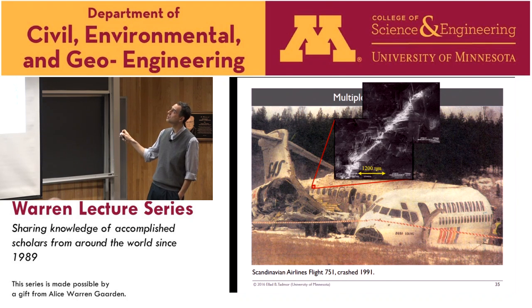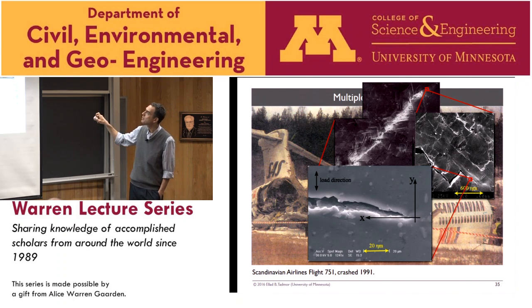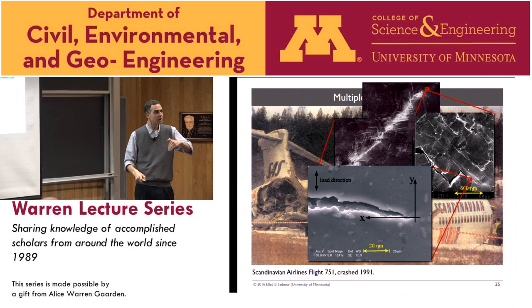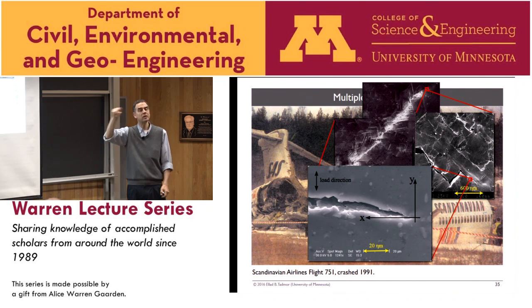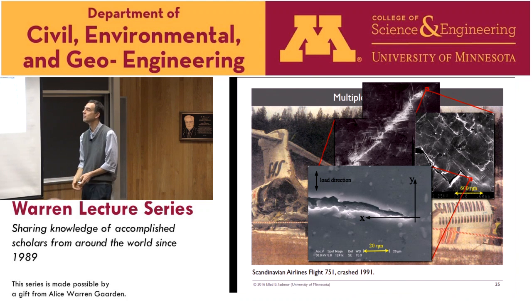If you zoom in at the very tip here, you're beginning to see some structure on a microstructural length scale. You can see the features at the tip of this microcrack. There begins to be some scale associated with these steps that are going on. If you zoom in a little bit more, you're now at the tip of this crack, and you see that there's structure on the crack face itself. So this is on a smaller scale. These aren't changes in the direction of the crack, but changes in the surface of the crack.